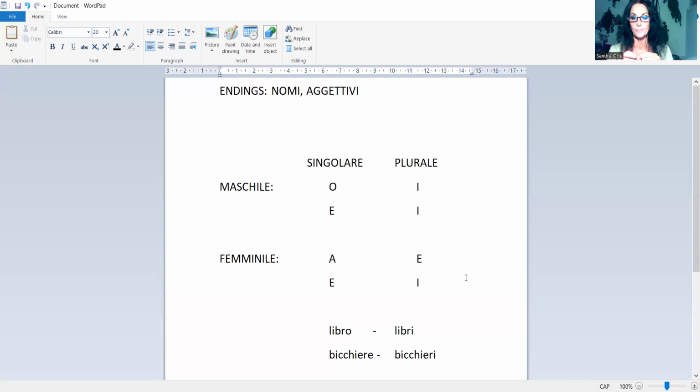Remember that normally in a sentence, everything is surrounded or accompanied by other words. So there will be other words that will help you understand if this particular noun is feminine or masculine. It could be an adjective. It could be an article meaning the something or a something, which are also masculine or feminine, plural or singular.